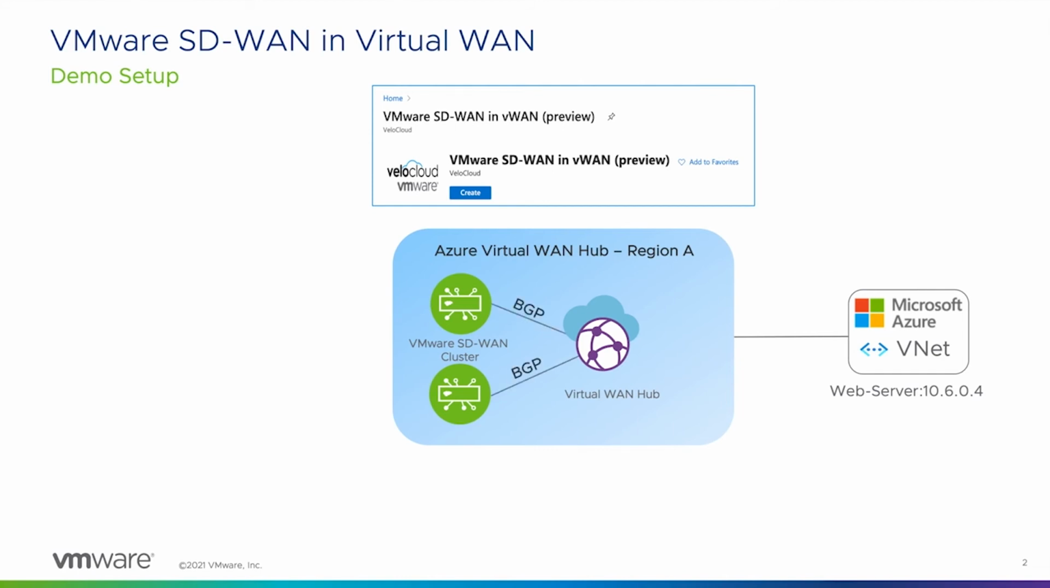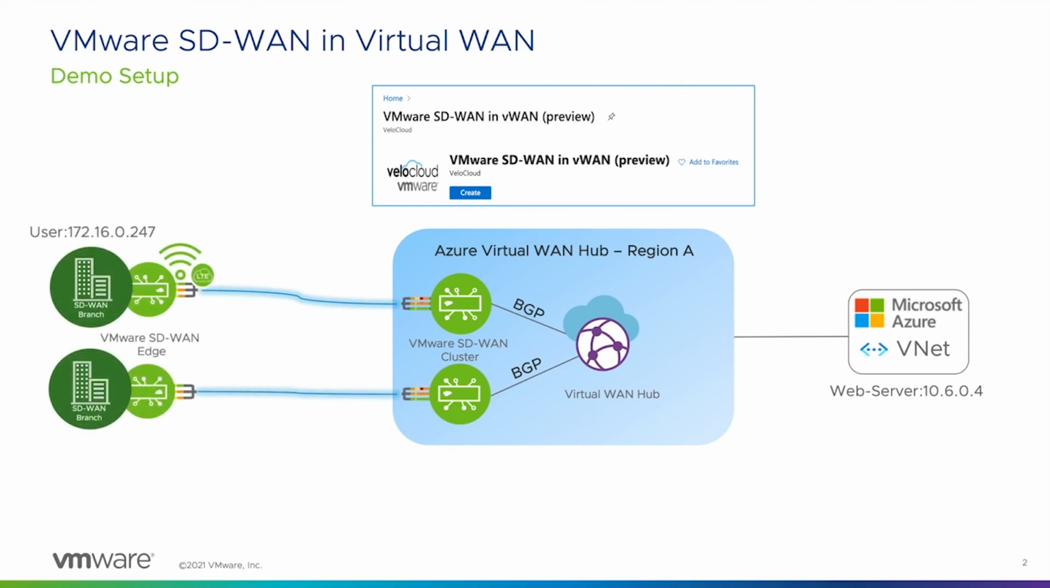Once these edges are deployed, they build a BGP neighborship with Azure Route Service to exchange routes dynamically. We also have two branch locations, one with LTE and a second with broadband internet connectivity. These branch locations automatically connect to edges in vHub via SD-WAN overlay, thus extending our DMPO capabilities right into the